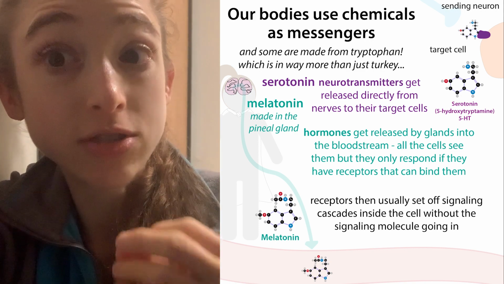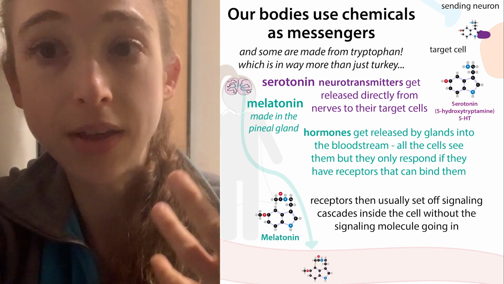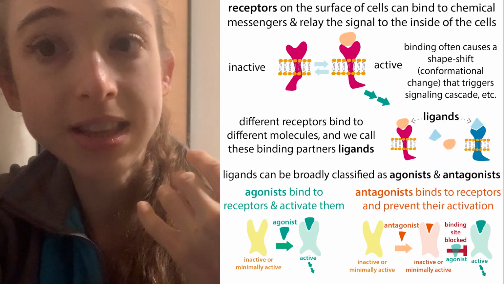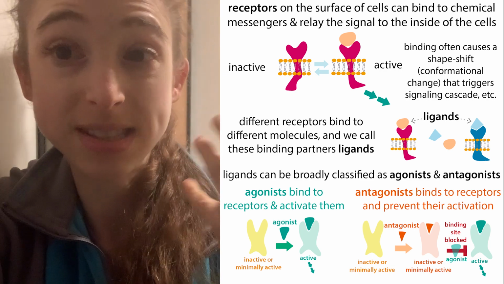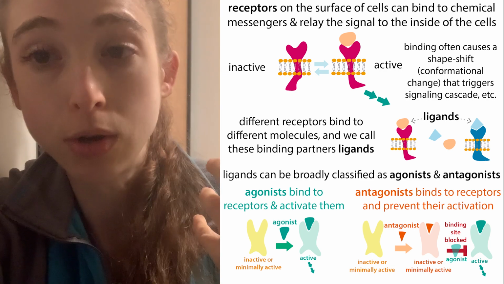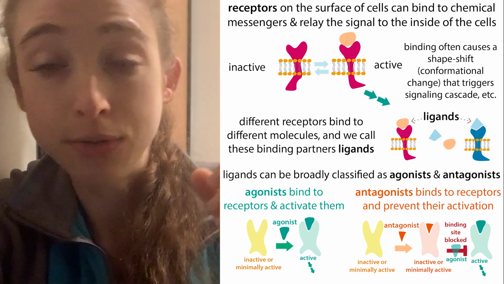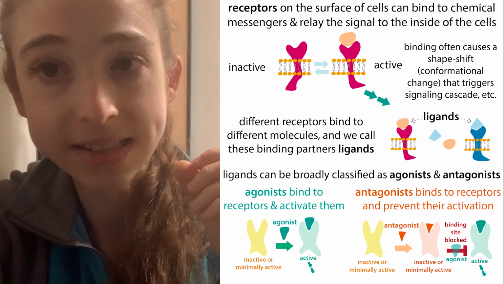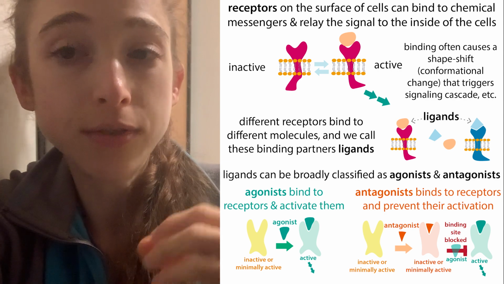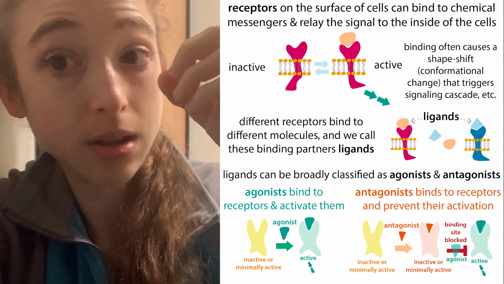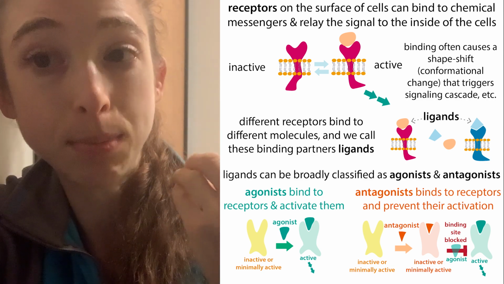And often these transcription factors are regulated by external signals, so things like hormones and other chemical messengers. You often get these messengers binding on the surface of the cell to receptors, and there are different receptors for different types of chemical messengers. And you can also get messages directly from a cell to a cell through contact. And those messengers can relay the signal into the cell. So often you have the messenger bind to, we call it a binding partner, a ligand. So you have a receptor's ligand, its binding partner.